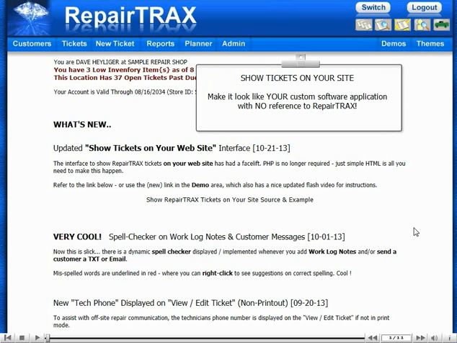In this demo, I'm going to show you how to display a RepairTRAX ticket on your website. There is no reference to RepairTRAX whatsoever, and it looks like the ticket is a custom application on your website. At the time of this demo, I had just updated this particular feature, so on the main menu What's New